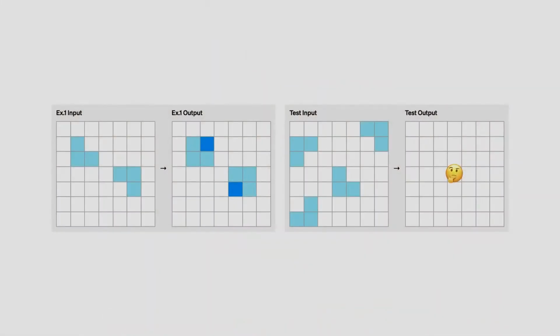Hello everybody, my name is Greg Kamradt and I'm the president of the ARC Prize Foundation. So our first benchmark, ARC-AGI, was developed in 2019 by Francois Chollet in his paper on the measure of intelligence. I'm excited to say today that we have a new state-of-the-art score to announce. Before I get into that though, I want to talk about what ARC-AGI is. ARC-AGI is all about having input examples and output examples.